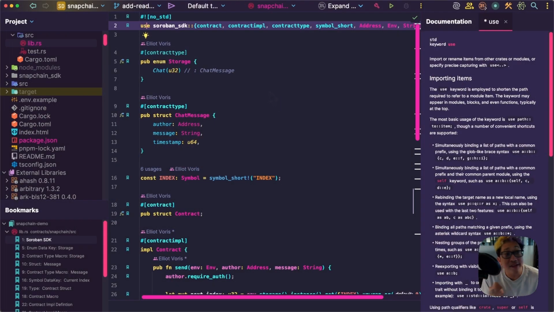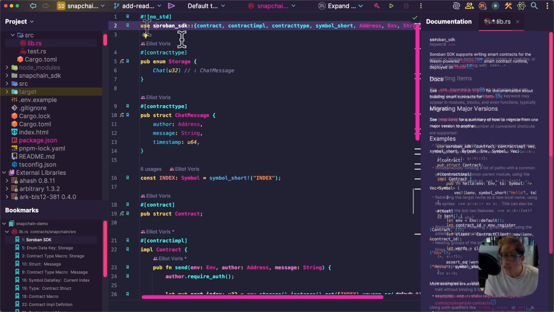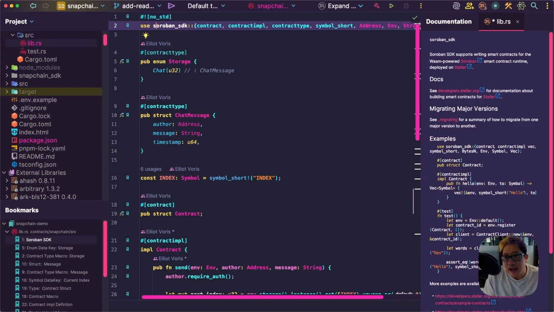Okay, let's check out this Snapchain contract. Up here on line one, you can see some imports. The keyword in Rust is use, but it's similar to keywords like import or require. Basically, you're pulling in some stuff you need to use in your contract, right? So the Silverbot SDK is pretty much going to give you everything you need to build your smart contract and